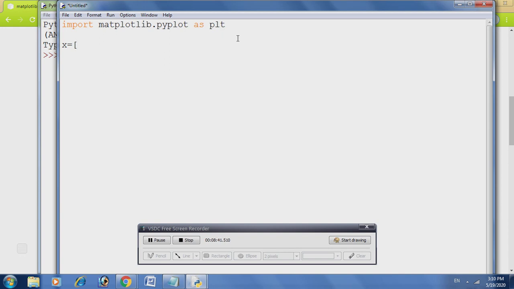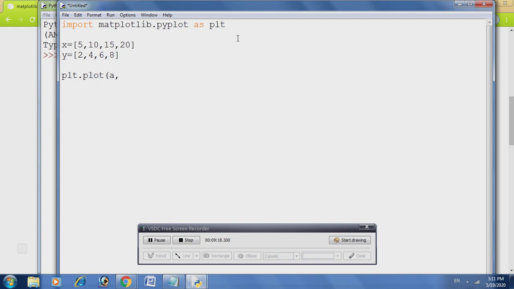These are my x values. Then next y equals, suppose 2, 4, 6 and 8, right? So these are my values for x and y axis. I just assume that. Now what should we do now? Now alias we will use plt, and we are going to use our first method, that is plot, and here we will put x comma y.